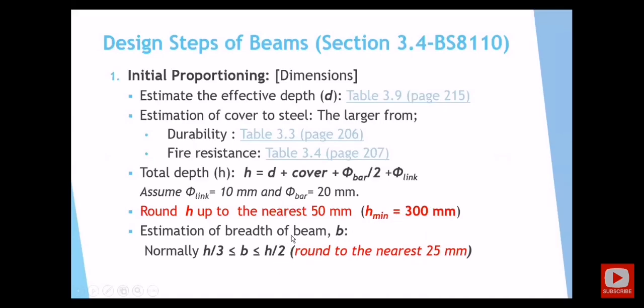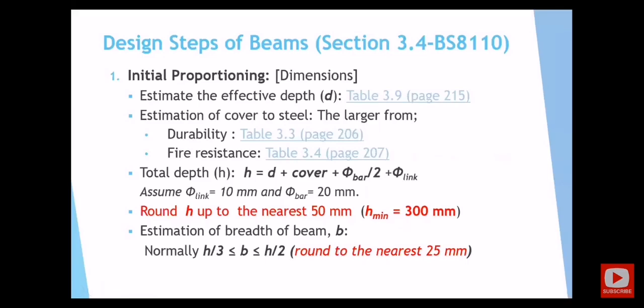Okay, from h over 3 to h over 2, and round it to the nearest 25 millimeter. Okay, we round to the nearest 25 millimeter. Also, you may take another h, which is not similar to this, because another b, sorry, because this width of the beam is usually